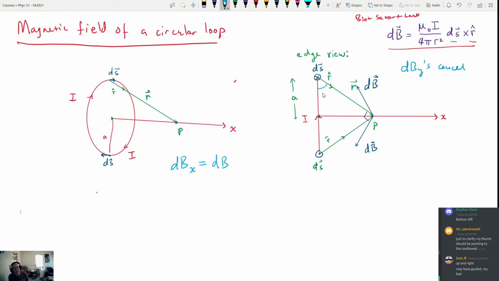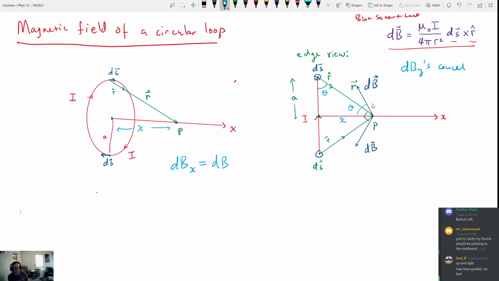If we call this angle theta, then I would argue that this angle here is also theta. Likewise down here. And if we call this position here the x, so we call this distance here x basically, from here to here, then we can say that,